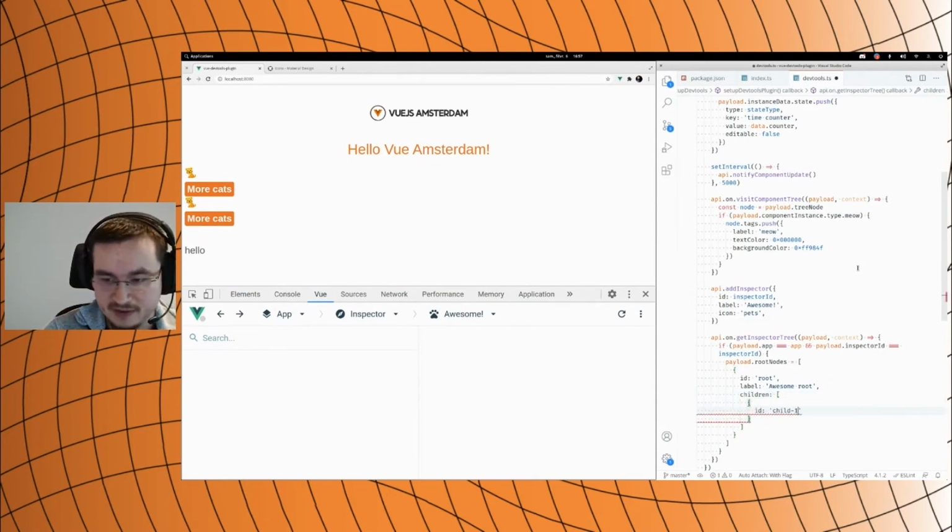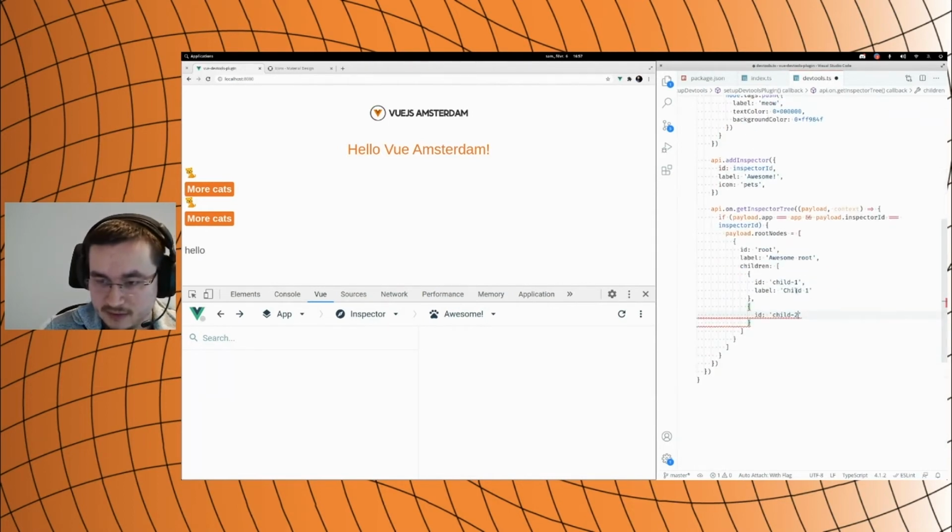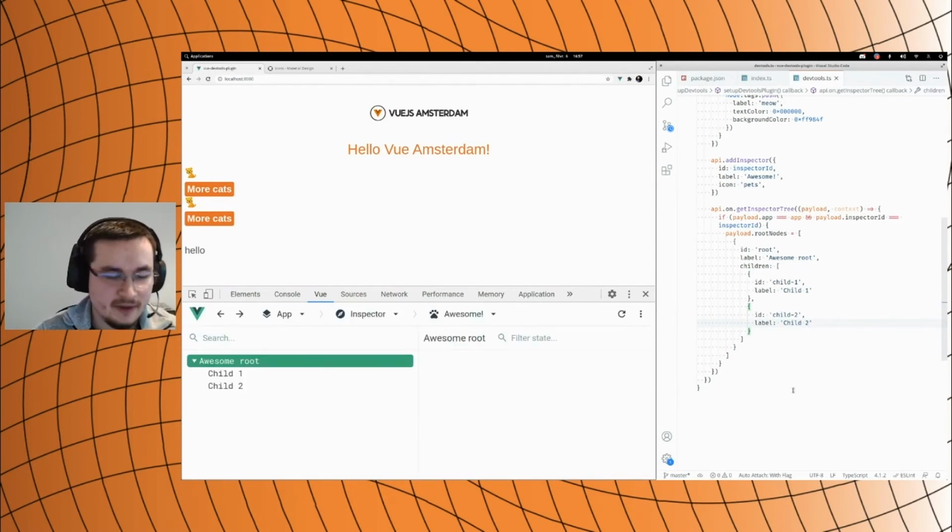So for example, child 1 with a label. And then another one. Oh, sorry, child 2. Okay, so now if I save, you can see that the tree got populated with the